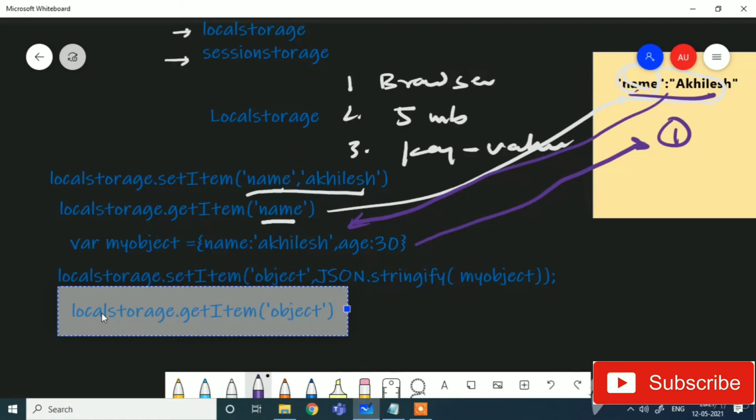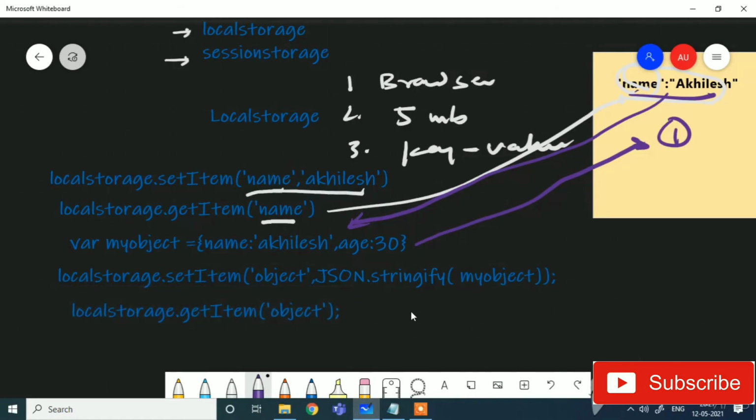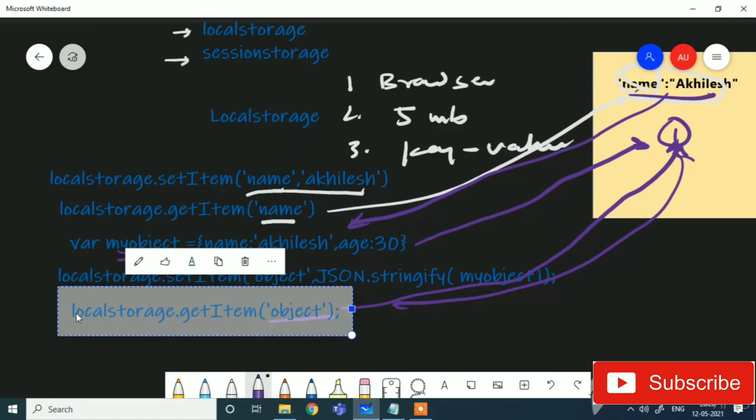It will go to the browser, take out this information and give it back. But there is an issue: it will give us stringified data, but we are expecting this object. So we need to convert it.